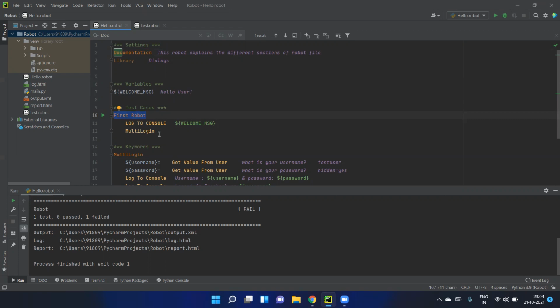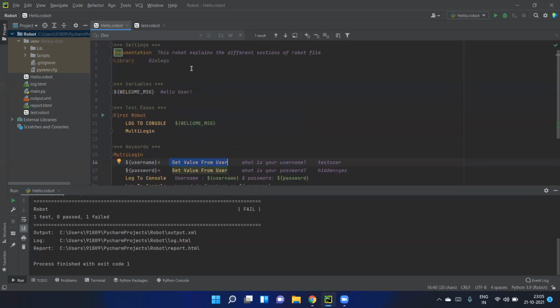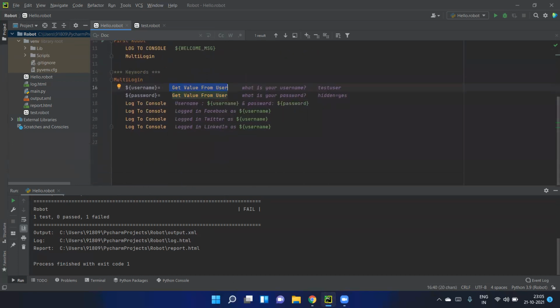But if you type your own keyword, there should be some implementation, right? So for that, here we have the set of steps. For example, by seeing this one, you can clearly understand it is the variable, and I am giving the variable value by using another keyword called Get Value From User. Now you might wonder, this is the keyword, but what does it actually do? Actually this is from the Dialogs library. And if you go to the Dialogs library,